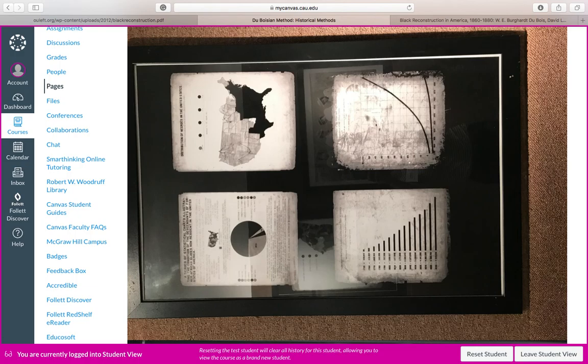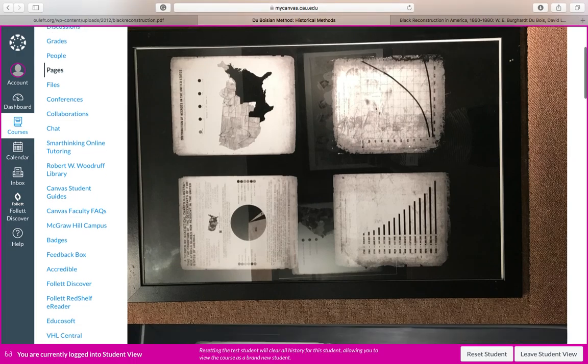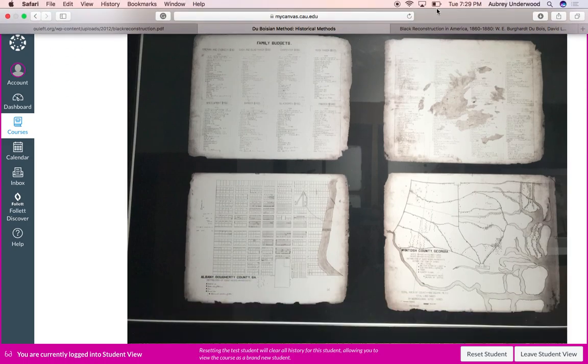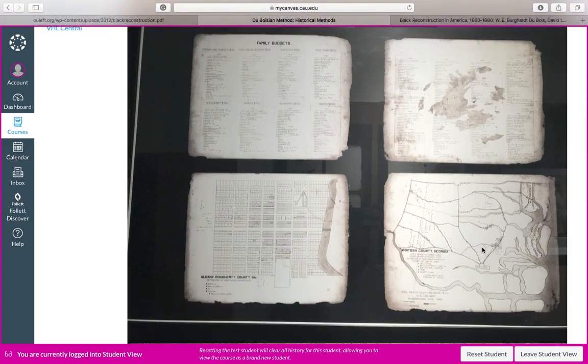Most of this is being done in Atlanta. Some of this is being done in other counties in Georgia. But that is what he's collecting in this here. So he's also looking at family budgets. He's going to look at areas, right, of population, where those populations are distributed, right? He's going to also look at,